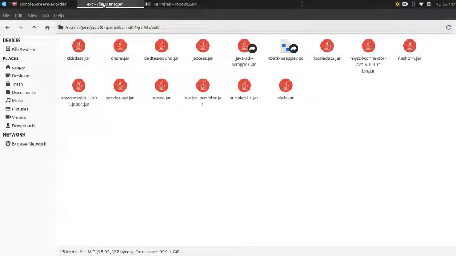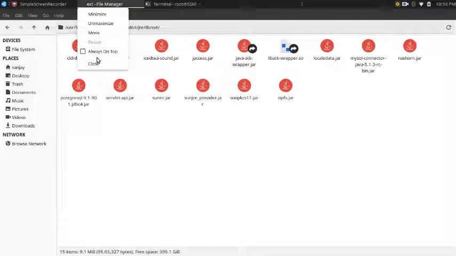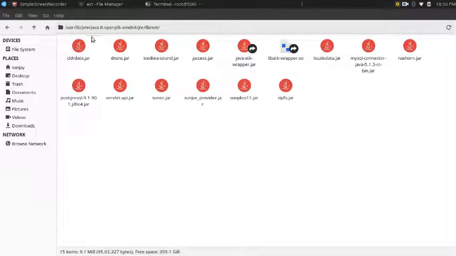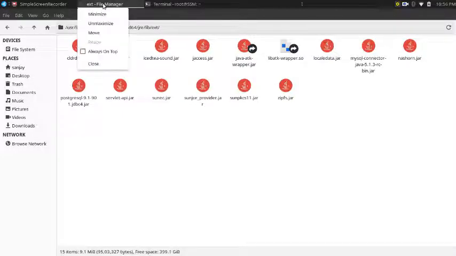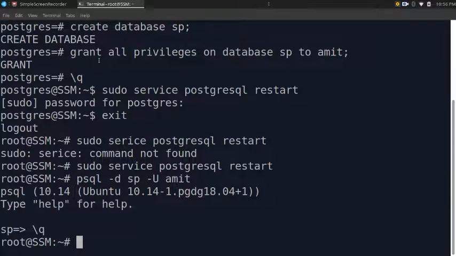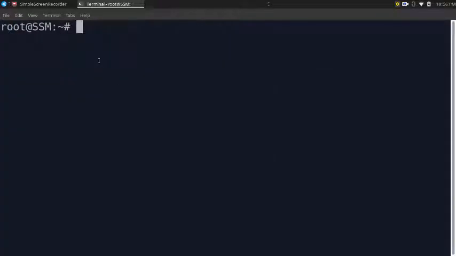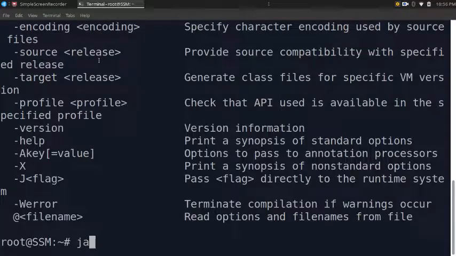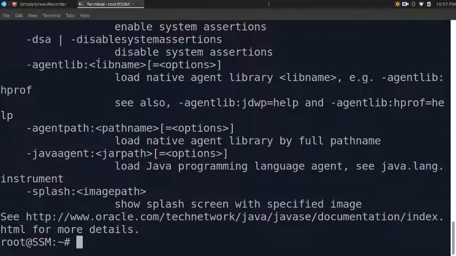The path is usr lib JVM. The path is different for different flavors of Linux. Now remember that if you want to know whether Java is running on your system or not, simply check the javac command, it is showing the class path. The java command also shows the class path. That means Java has been installed on your system and it is working fine.